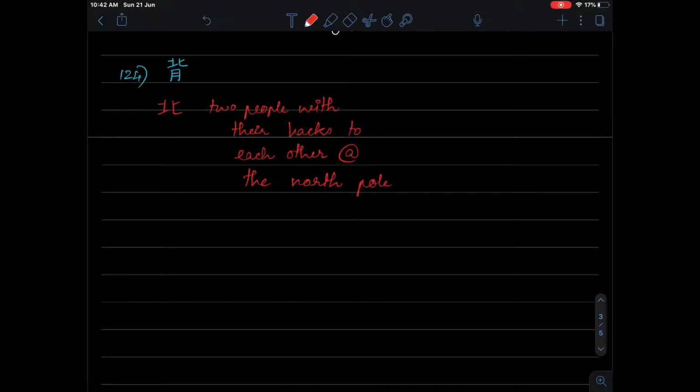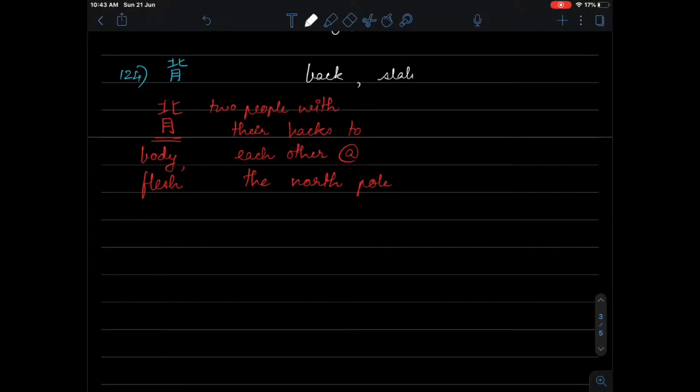At the North Pole, right? You remember that part? Now, what exactly are we talking about? Two people with their what to each other at the North Pole? Their backs. So how do we signify that we're talking about their backs? We'll simply add the moon kanji to imply something that has to do with body or flesh. Okay, so I hope you can tell the meaning of this kanji is back